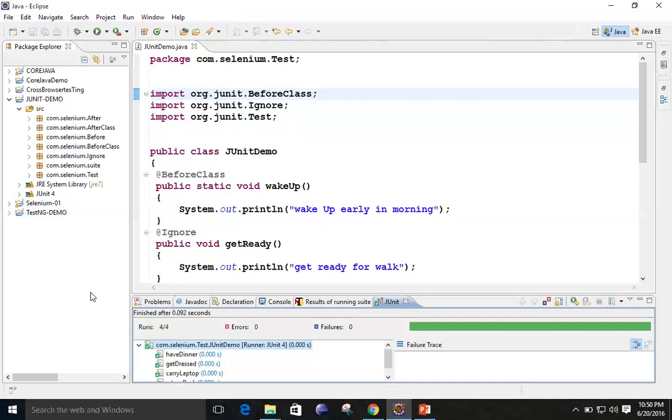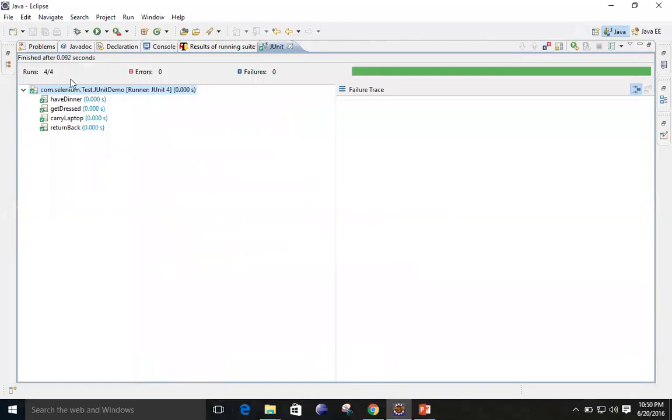What is the difference? The difference is that in the case of TestNG, we have some extra annotations also. Some of the annotations which you have used over here will be present over there too, and some extra annotations will be present. Along with that, in the case of JUnit, we can get the output report in this form only.